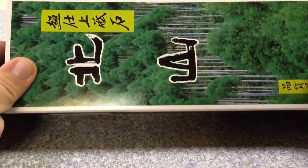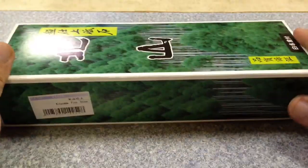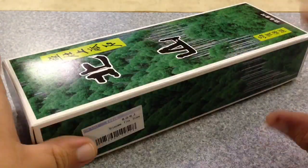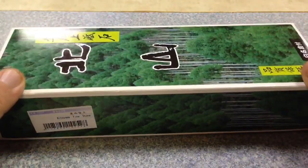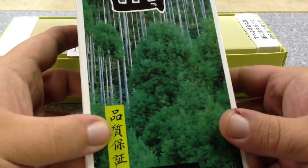This is the 8,000 grit Kitayama fine grain sharpening stone. Now it is sold on some websites as a 12,000 grit stone, but Korin labels it correctly at 8,000. The reason for that is this is the Kitayama stone. Forgive me if my pronunciation's incorrect there, but the Kitayama is named after the Kyoto region in Japan, where you